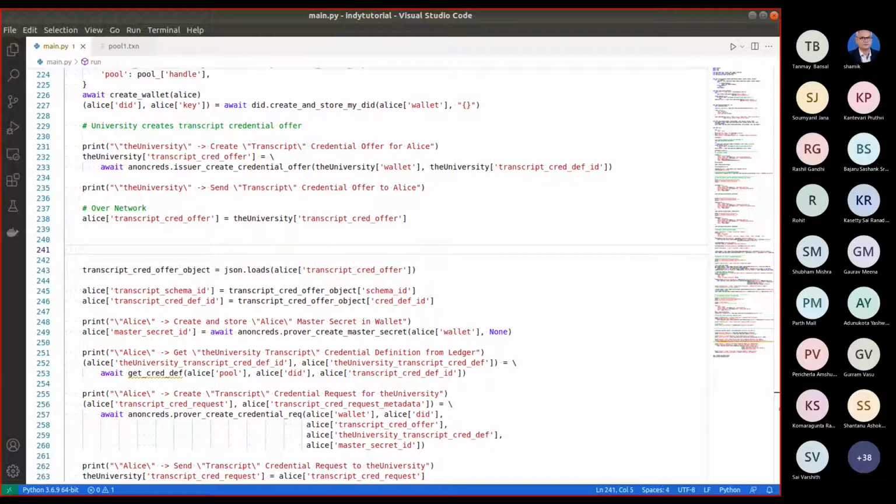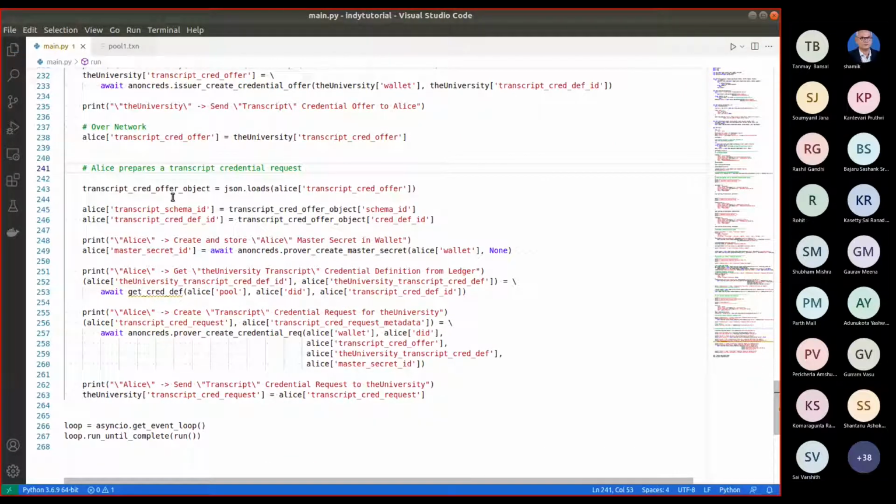Now Alice needs to prepare a credential request. First Alice will read the offer. It is a JSON, so she loads the offer into this variable. Let me print this, and you will see how this offer looks.